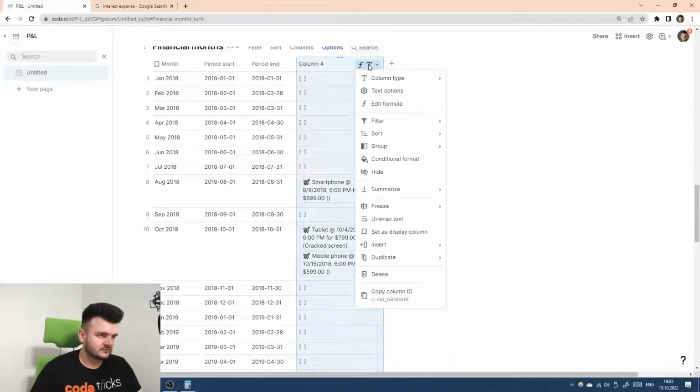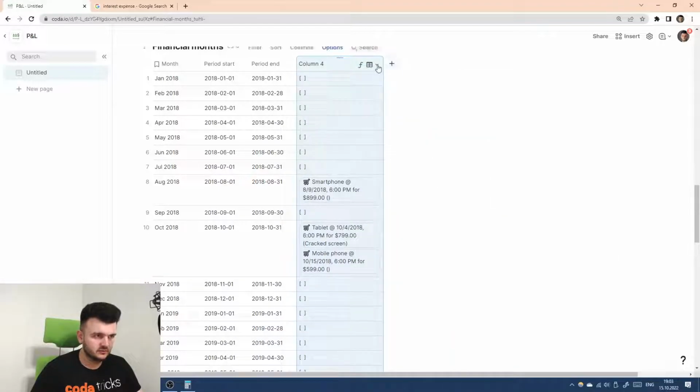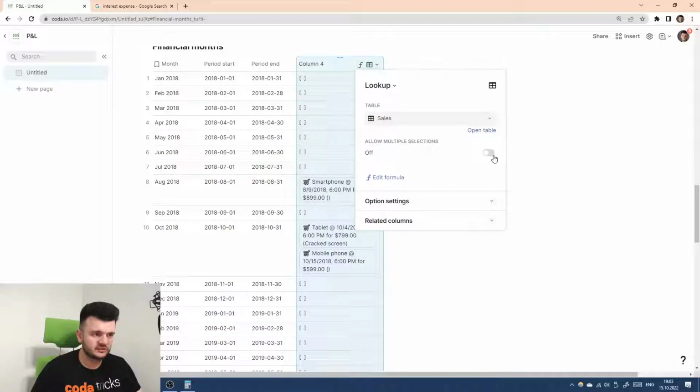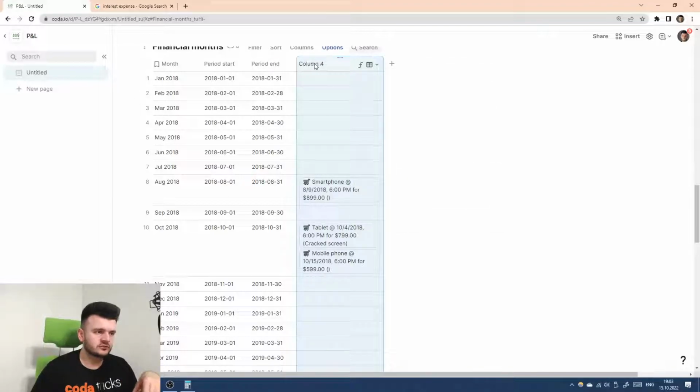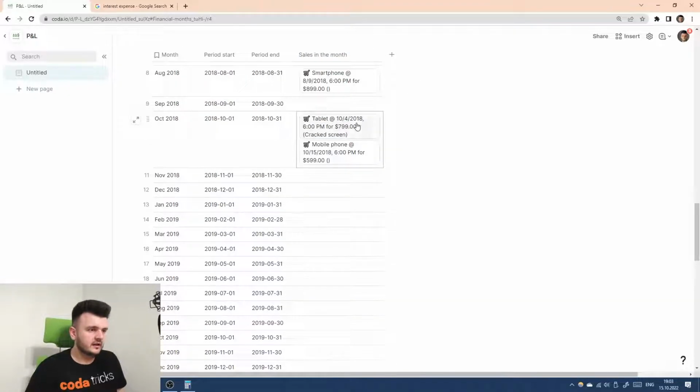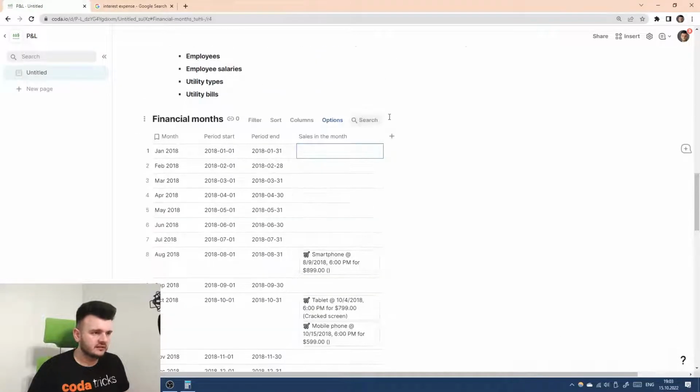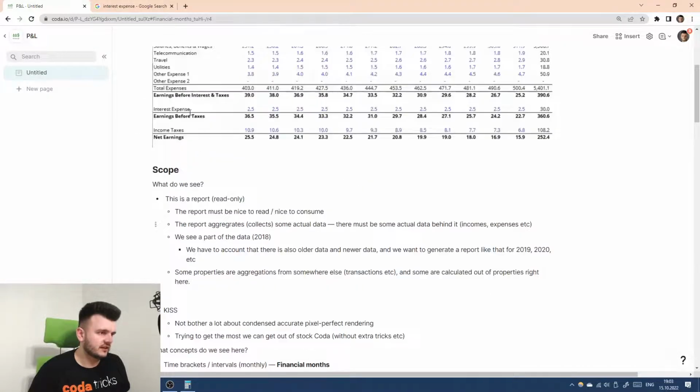Right. So this is our sales, and you go into lookup options and allow multiple selections, because even if there's one or no sales in that period, we are still expecting a list of sales. So we allow multiple selection, and it hides these things that indicate it's an empty list. Just note that, okay, this is the sales in the month. And now that we have sales in the month, we can actually calculate the properties like